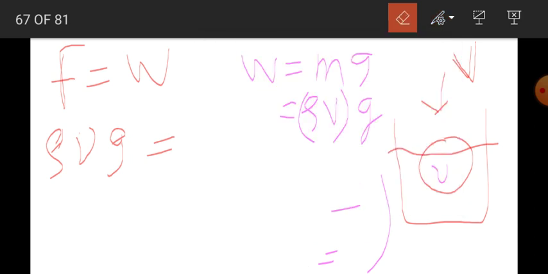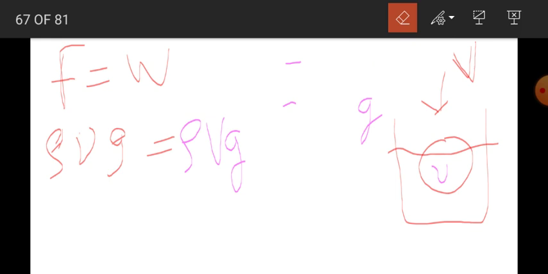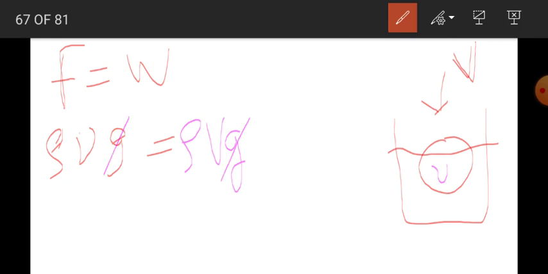During the lecture I have explained it. In case you were not there, you should know that this is the formula for weight. So let me put it here. Rho V g, isn't it? I don't need this, so let me erase this part. I have replaced mass actually. Now I can cancel g which is common.